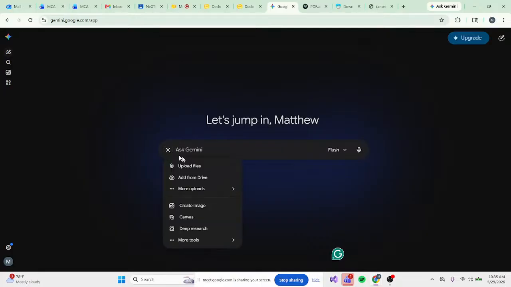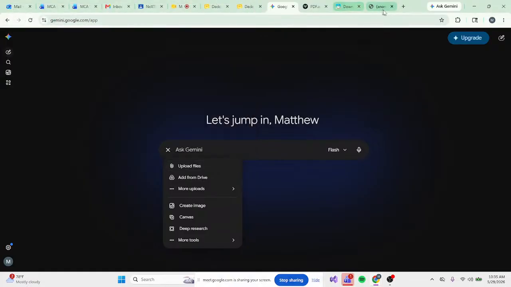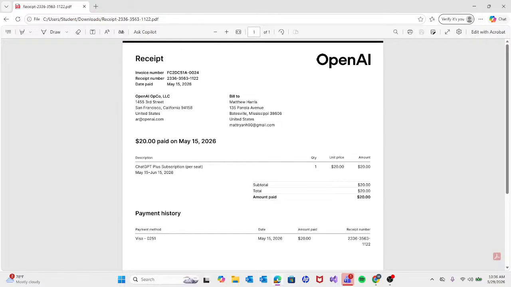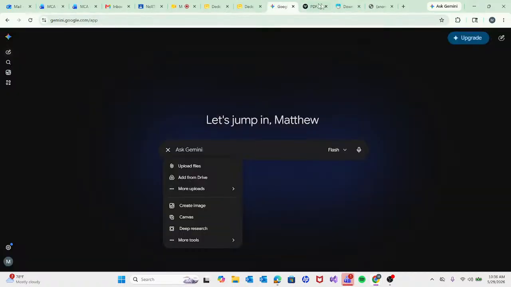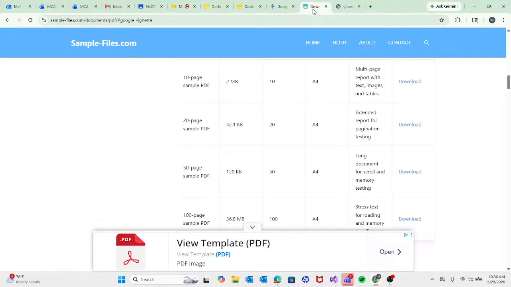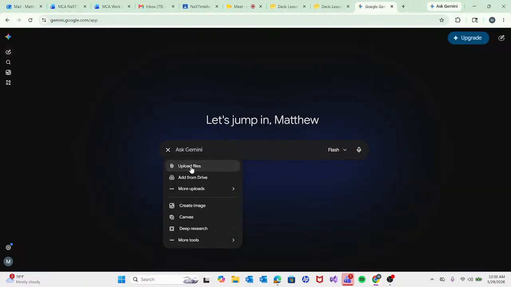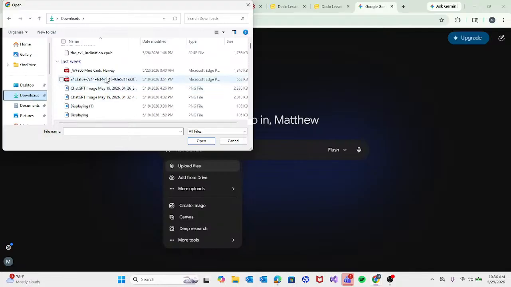from this receipt that I have, which is this one here, where did it go? Here, for OpenAI for ChatGPT for my paid subscription. So I'm going to click back and I'll close PDF AI right now. I'm going to close the sample files one and I'm through with this. Okay, upload files. I'll look in my downloads,